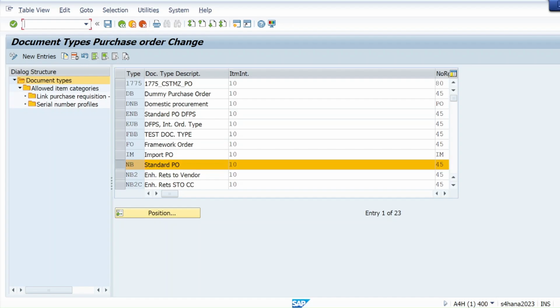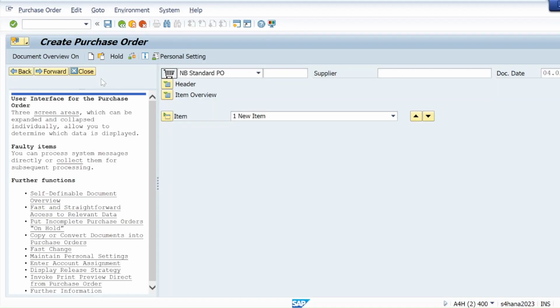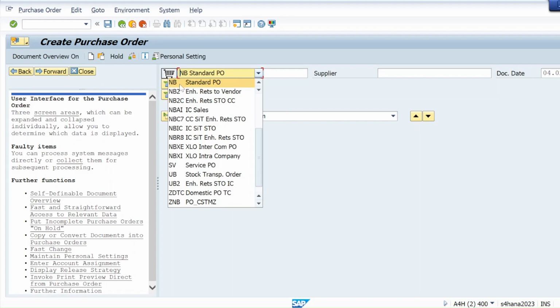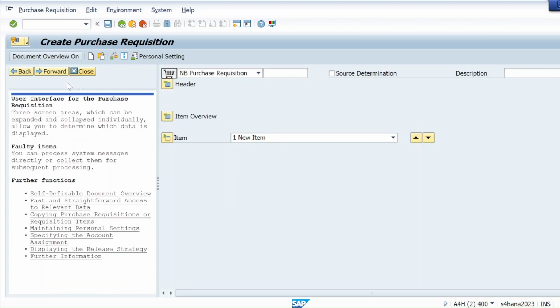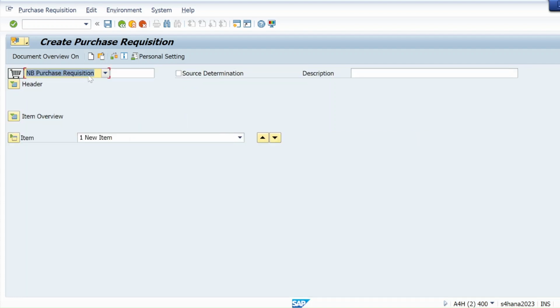How do I come to know? You can see it from here also. Let me open the ME21N screen, and from here itself you can see that NB is the document type for a standard PO. Same for purchase requisition also, the document type is NB.